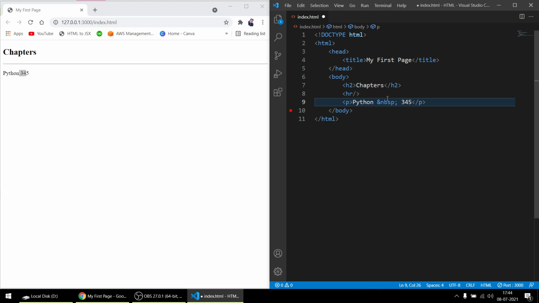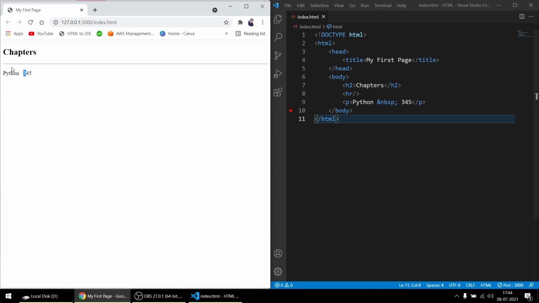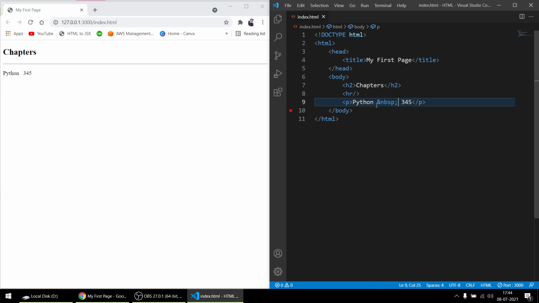Now this will act as a space. If I save it, see, the space got bigger. If I copy it again and paste it, the space got much bigger. If I copy both of the two, it gets bigger, and if I copy all four, it gets much bigger.